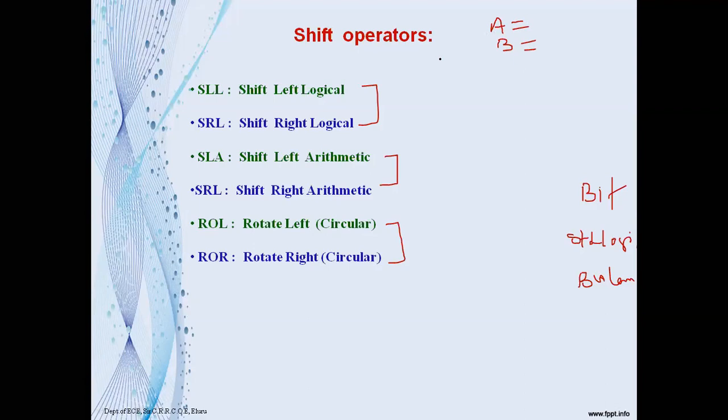And another important point is that in the shift operations, the operations are performed on a single operand. So here the operations are performed on a single operand. Take a single operand A, which is defined as a bit vector. The value of this is 0, 1, 1, 1, 0, say 5 bits. So say it is a vector, a one-dimensional array.